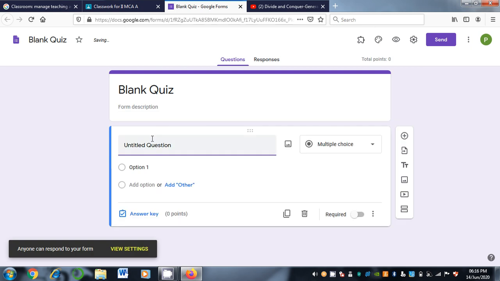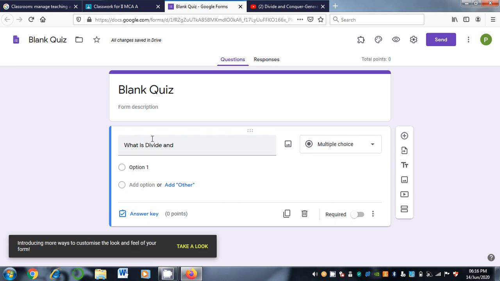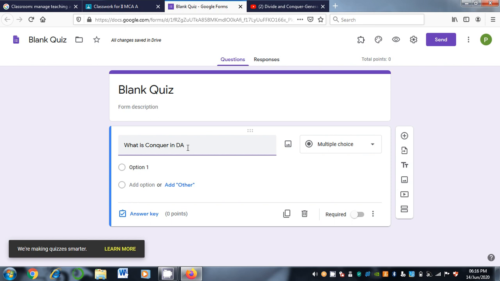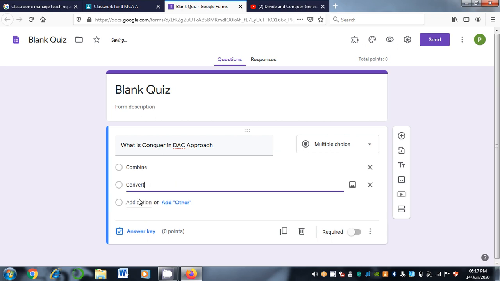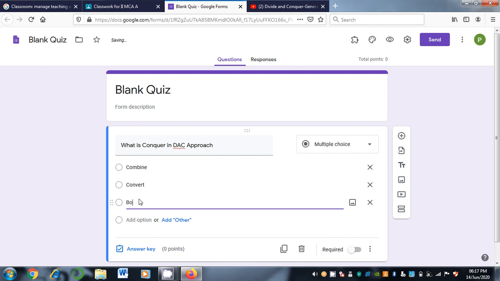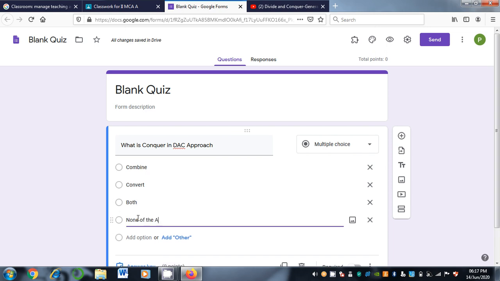And you can ask, what is divide and what is conquer in the DAC approach. The options: combine, convert, both, none of the above.